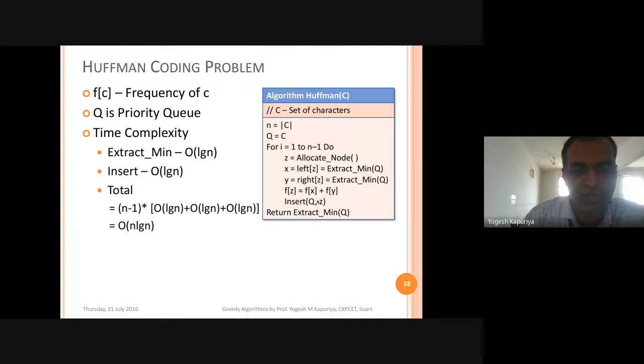If you remove all the coefficients, etc., the time complexity of all these things is lg n. Now this is inside the for loop, so that means this will be repeated n times. So the time complexity will be n lg n. You can put everything over here, you can use 1 plus 1 plus n minus 1 into this, but ultimately it turns out to be something like this, big O of n lg n. So that is the time complexity of creating the Huffman tree. Any doubt in this time complexity?